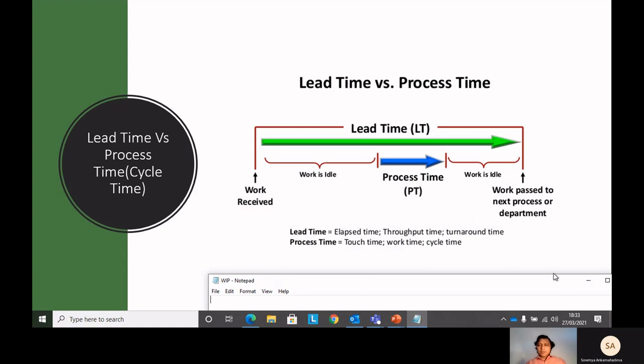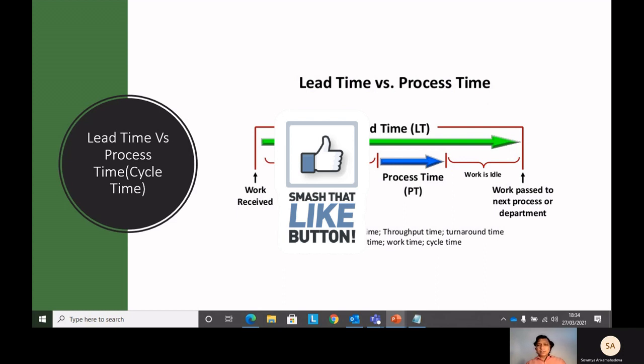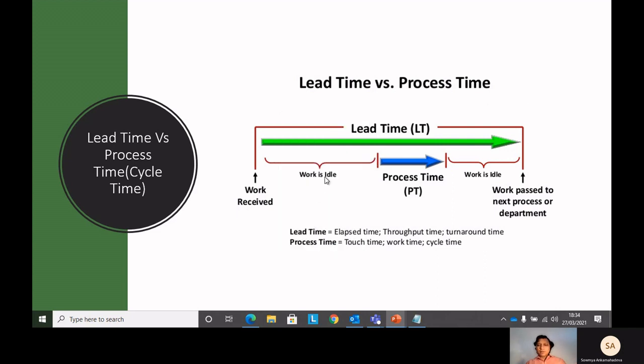Next important thing is lead time, process time or cycle time. Again, this is an important metric from the perspective of Kanban. If you understand it, then you will understand Kanban as a whole. So we have received the work. What will happen after that? Your product manager or your PO might have spent a lot of time discussing with the stakeholder and doing a lot of stuff, but that is still considered as the work being idle. Our actual work starts when you start touching the actual code.